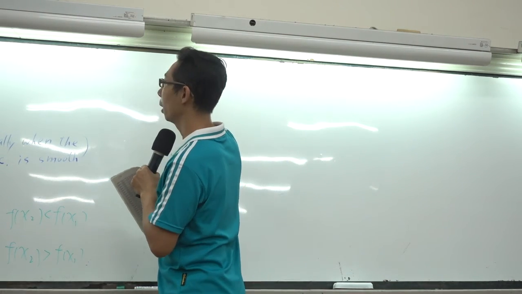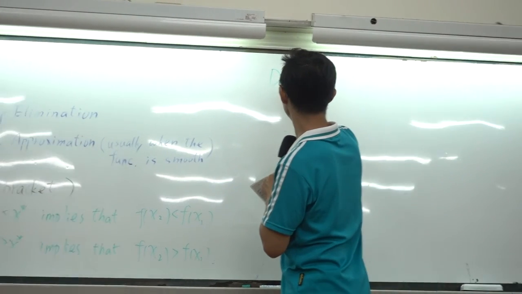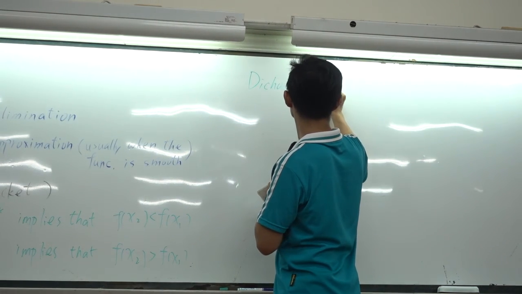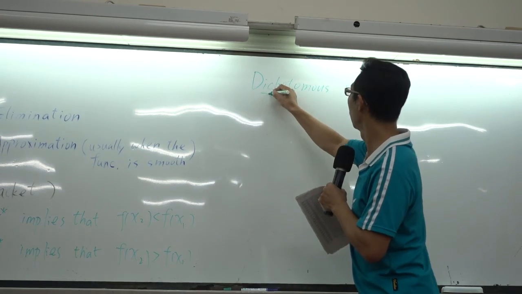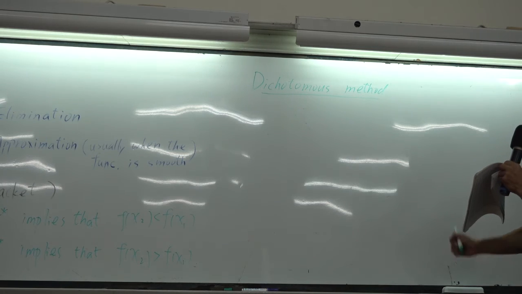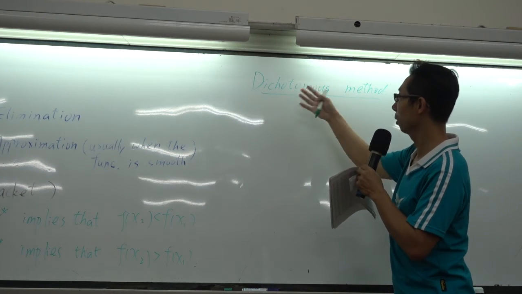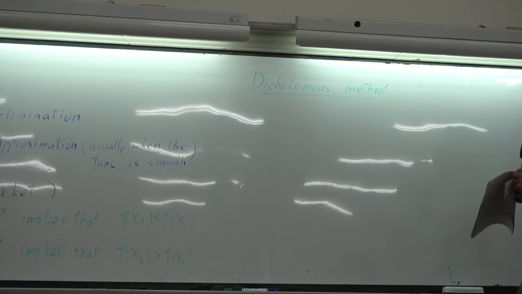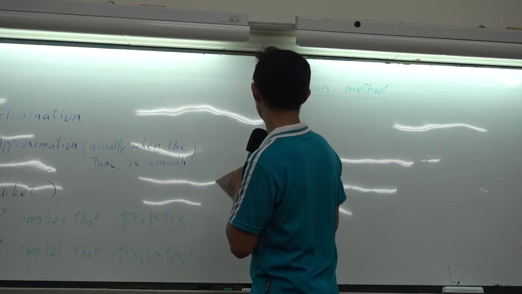The first method I'd like to talk about is the so-called dichotomous method. By the way, it's pronounced dichotomous. Dichotomy means cutting in half. So the basic idea is that,